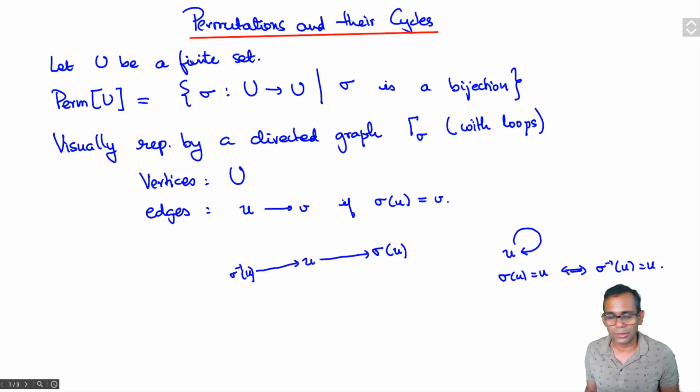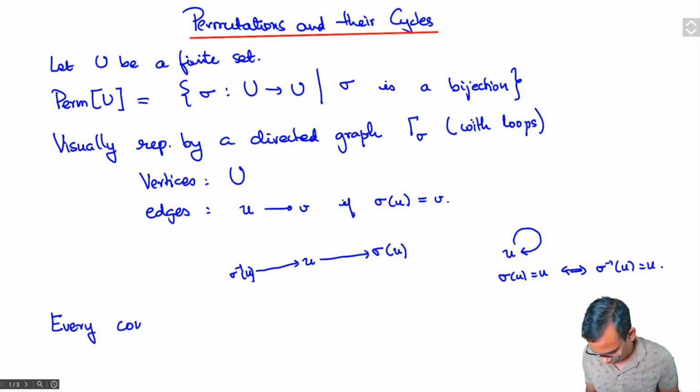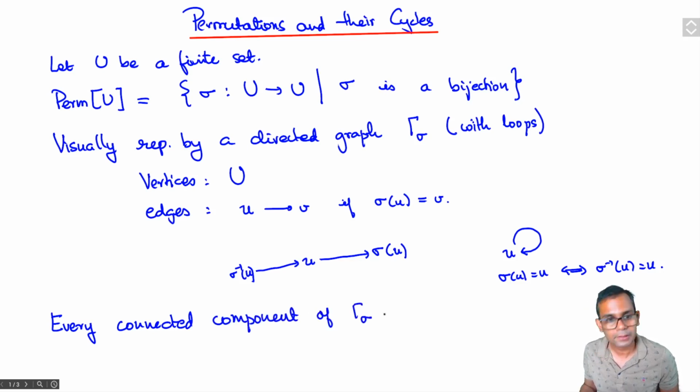A consequence of this is that every connected component of gamma sigma is a cycle,